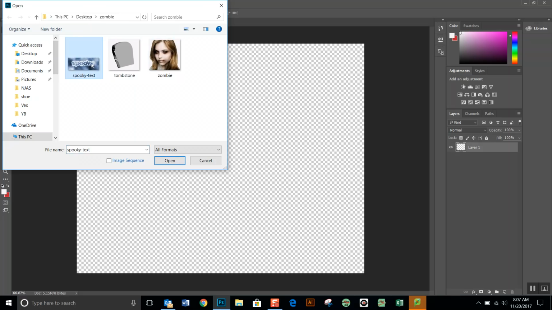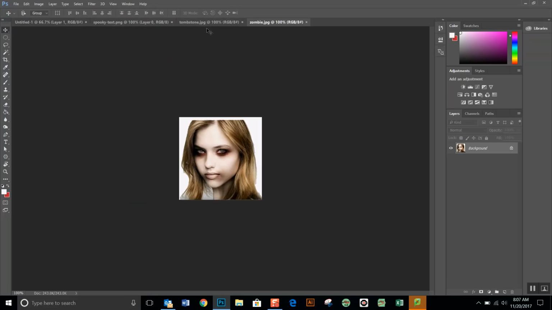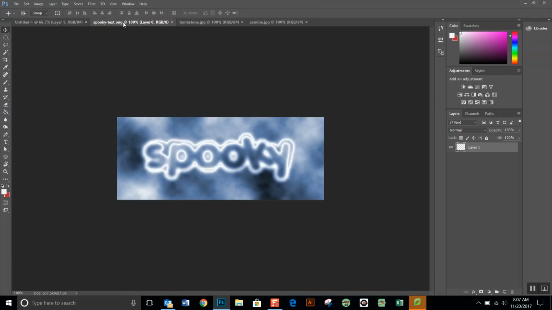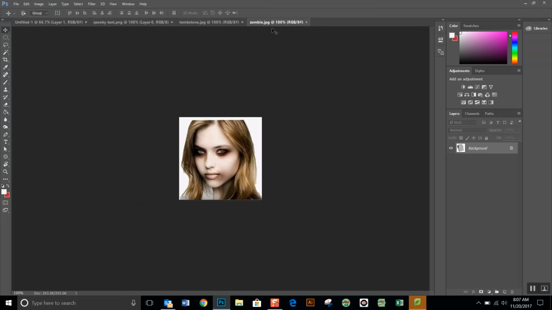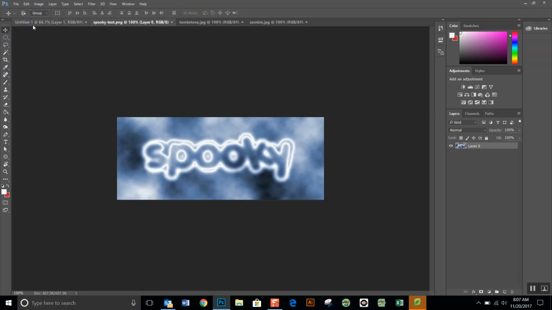If you have all 3 of them in the same folder, click on one, hold down the Shift key and click the last one, and all 3 of them will highlight. You can click Open, and you can see across the top here, it has brought in all 3 of them. So I have my original, and then I have my spooky, my tombstone, and my zombie. Okay, so to get them